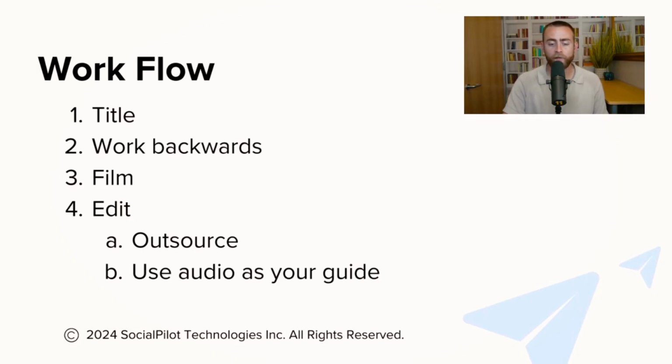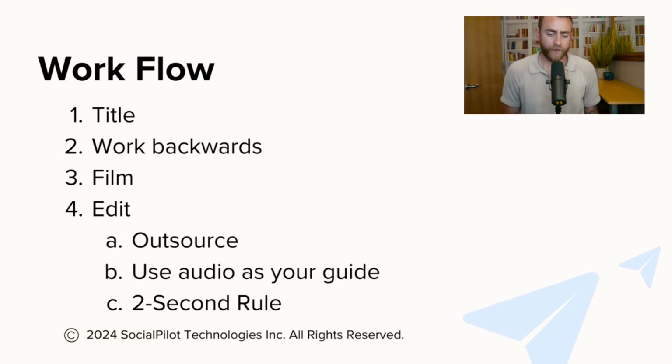And then my third tip for editing your videos is to follow what's called the 2-second rule. The 2-second rule is a rule that comes from TV and movies that essentially says there should be some sort of cut or change every 2 seconds. And I know this might sound crazy if you've never heard about this or realized this before, but the next time you go to watch TV or a movie, pay attention to how long each scene is. And I bet it'll usually be around 2 seconds long.